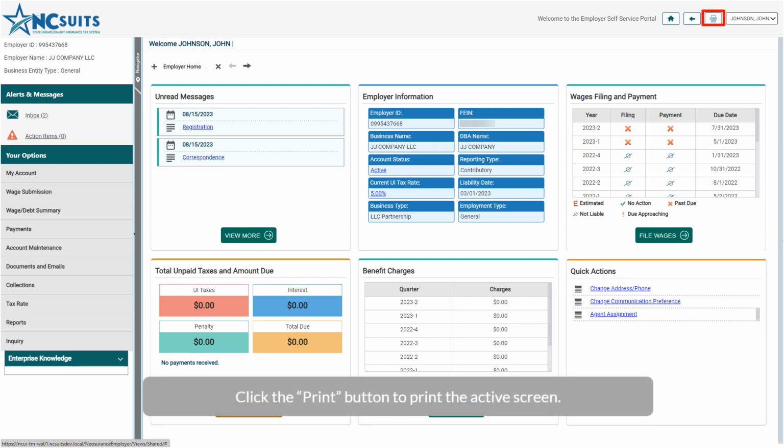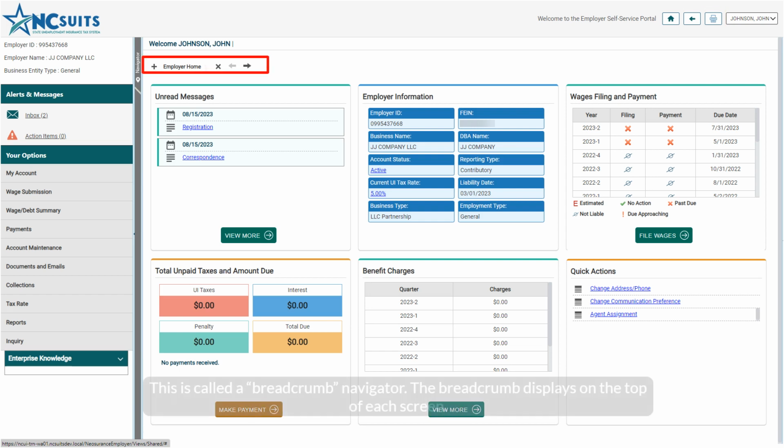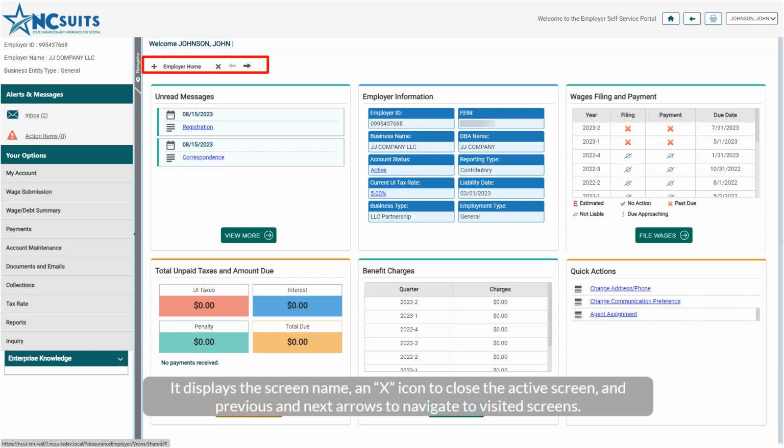Click the print button to print the active screen. This is called a breadcrumb navigator. The breadcrumb displays on the top of each screen. It displays the screen name, an X icon to close the active screen, and previous and next arrows to navigate